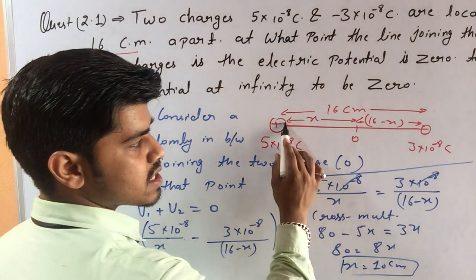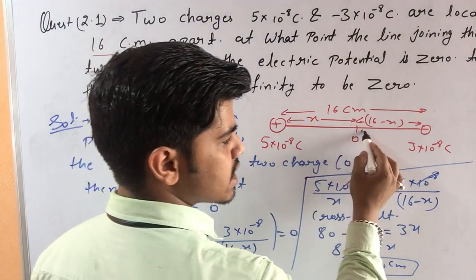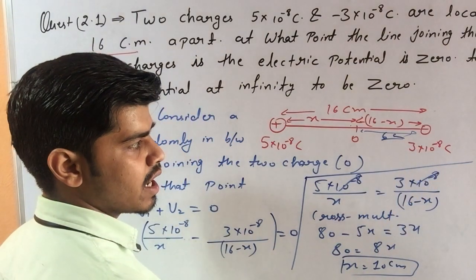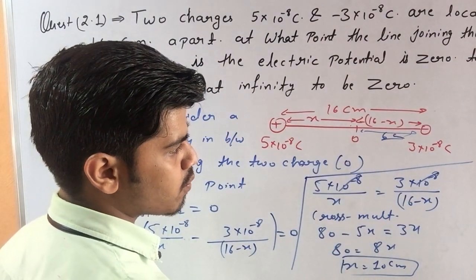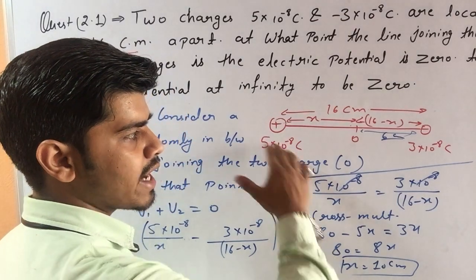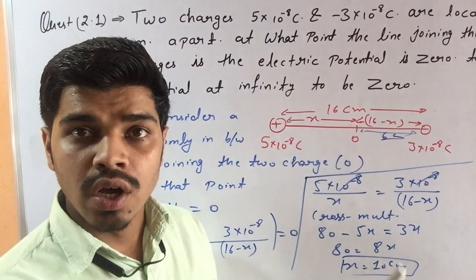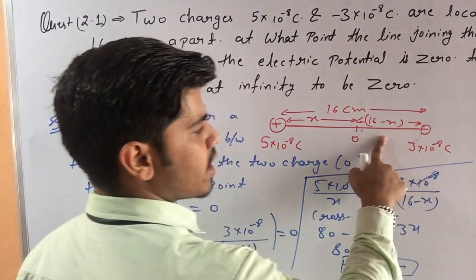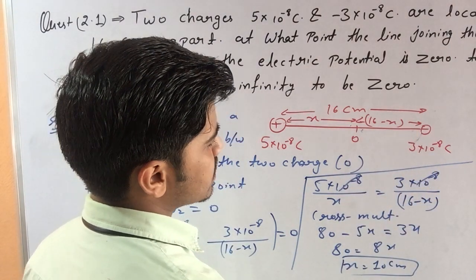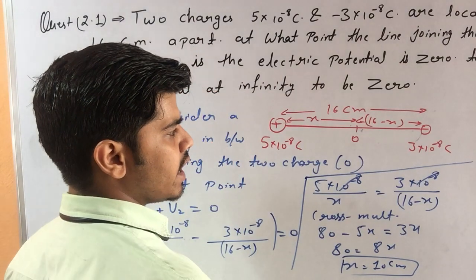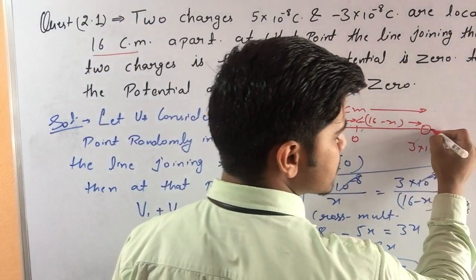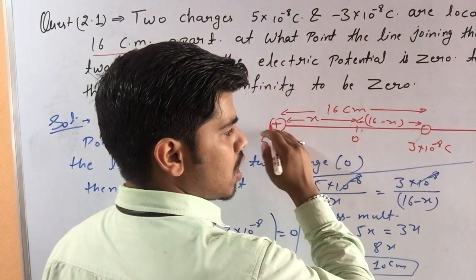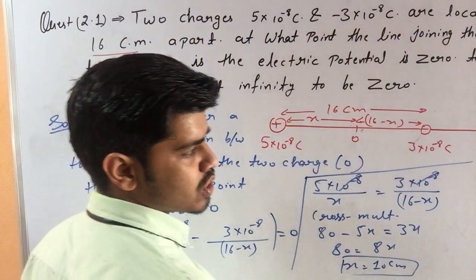This is the distance, 10 centimeter from the positive charge and 6 centimeter from the negative charge, at which the potential at a point in between the line joining will be 0. Another possibility is also there, students, where we can say that potential will be 0, but it is not in between the charges, it is apart from both charges, but still on the line joining the two charges.